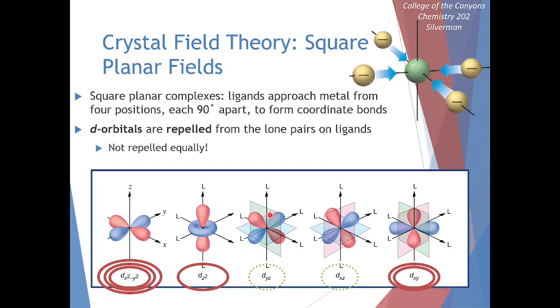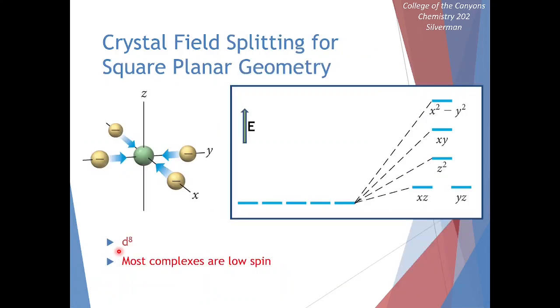As it turns out, we have 2 orbitals that miss those ligands almost entirely. We have 1 orbital that only gets hit on its little donut part of its orbital. We have 1 orbital that has a fair amount of repulsion in between all those 4 ligands. And we have our final orbital that gets hit by those incoming ligands almost directly on all 4 parts of the orbital. The pattern that results is 2 orbitals that are only slightly elevated in energy, and then 1,